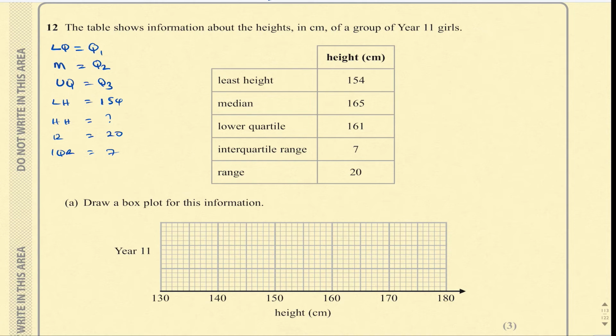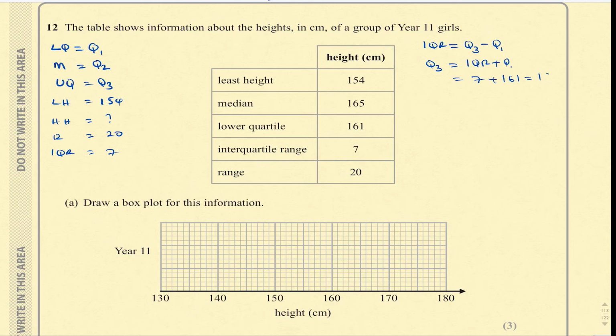So to find the upper quartile, we use this formula: interquartile range equals Q3 minus Q1, and therefore Q3 is interquartile range plus Q1, and that will give us 7 plus 161,